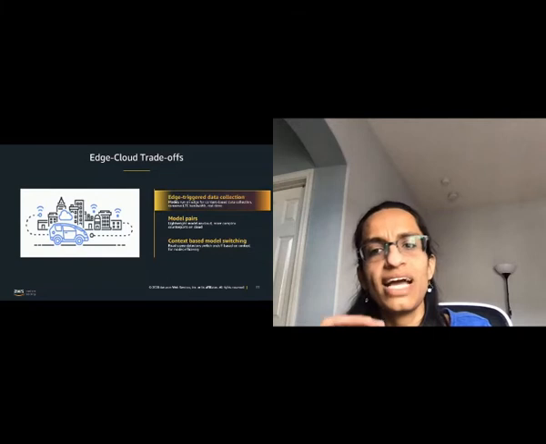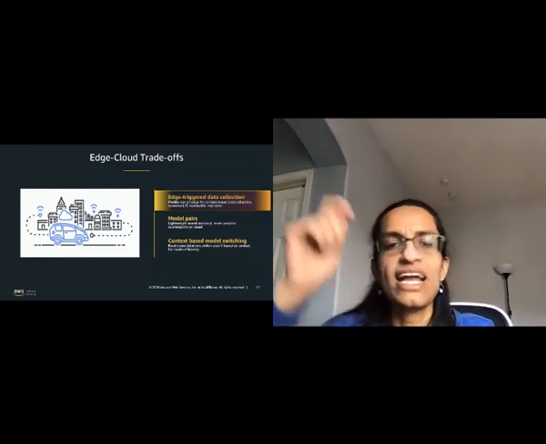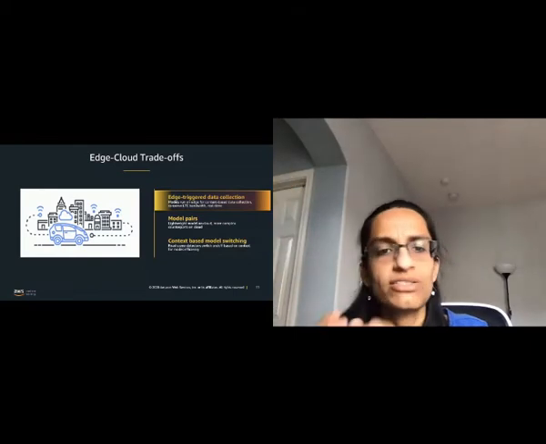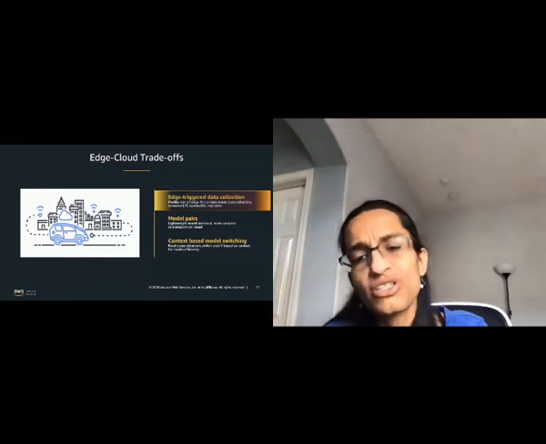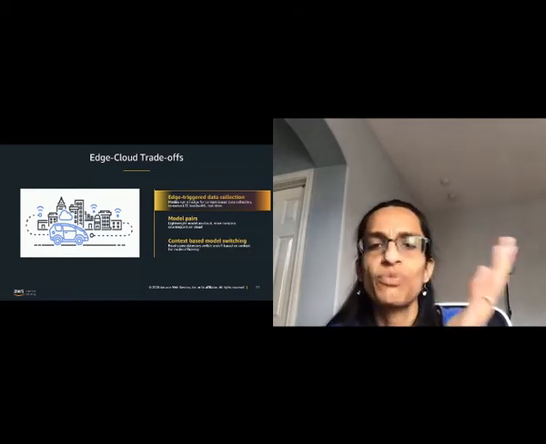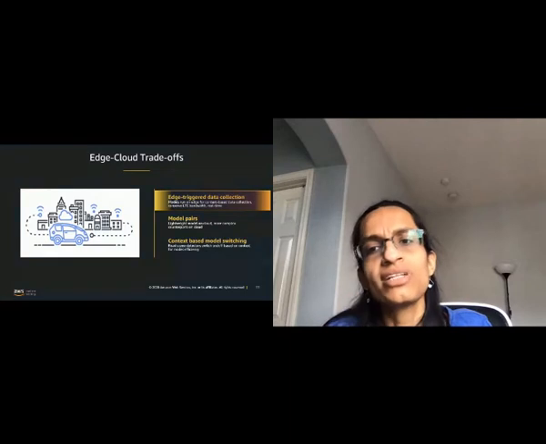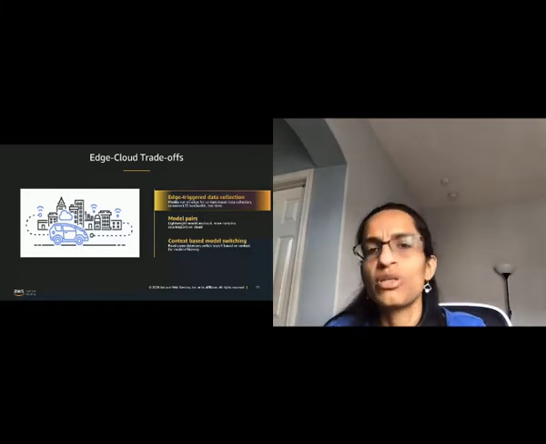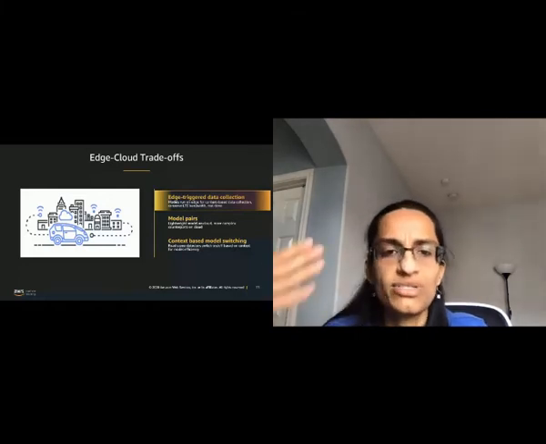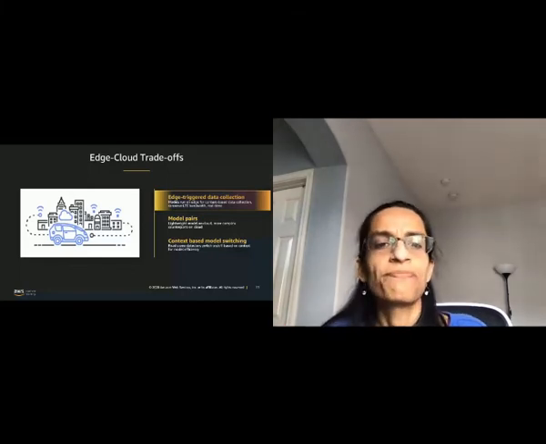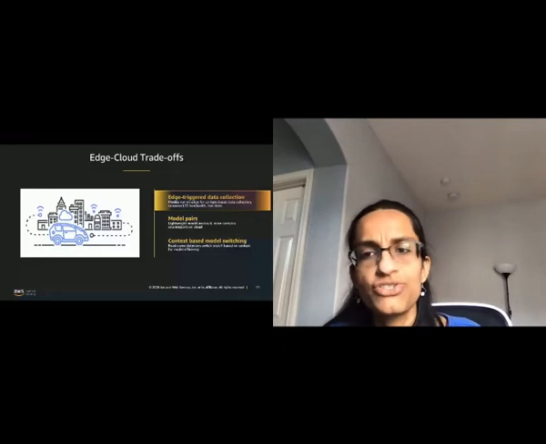The reason being that you can't afford to send every second of data to the cloud and come back with an answer on whether or not it's useful. It's also counterproductive, because the whole point is you want to do it on the edge so that you decide even what to send to the cloud. So these trigger models, as I'm calling them, need to run on the edge. And then, of course, the rest of the data, whatever you decide to upload to the cloud, is based on the outputs from these models. So that's about edge triggered data collection.